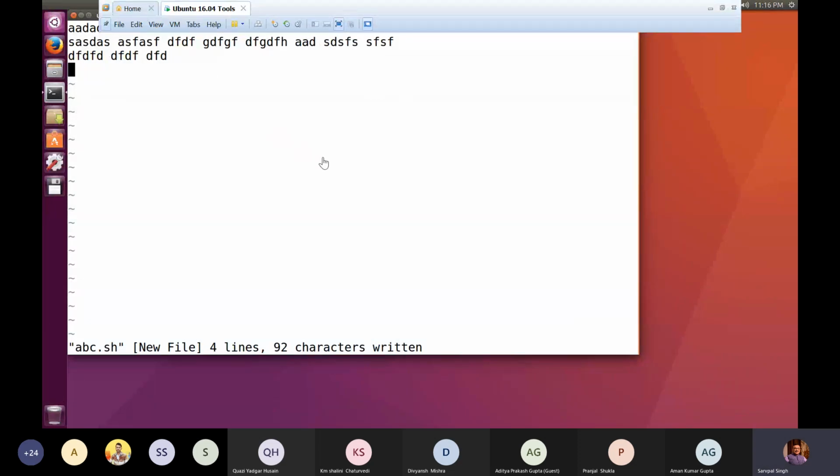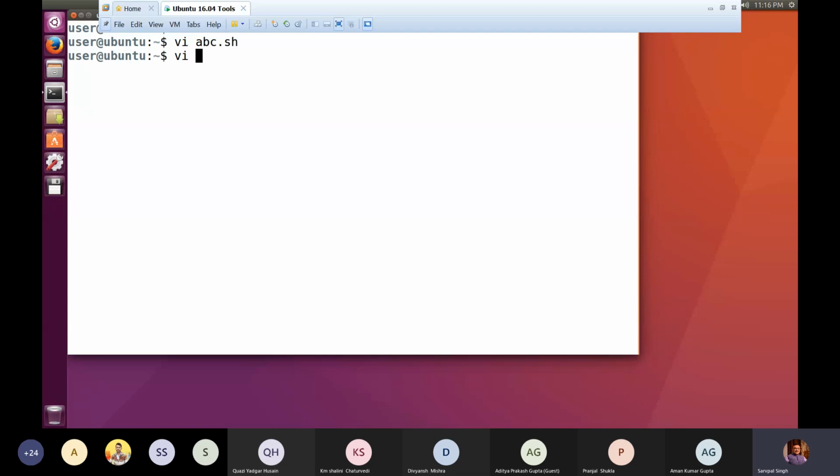So once again we can see some of the operations, like if I press escape again just to make sure that I have moved to command mode, and now I am pressing colon. So again I am getting colon at the bottom side. Now what I can do is I can give WQ. I am saving the contents and quitting the editor. So what happened? I have come back to the command line where I have basically issued the command vi abc.sh. Okay. So once again I am giving vi abc.sh, but before that